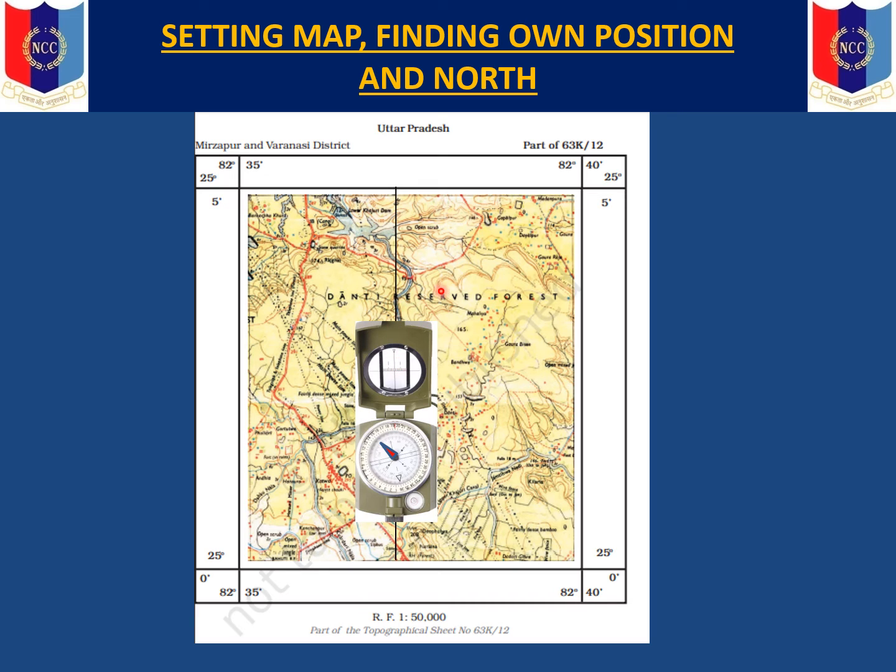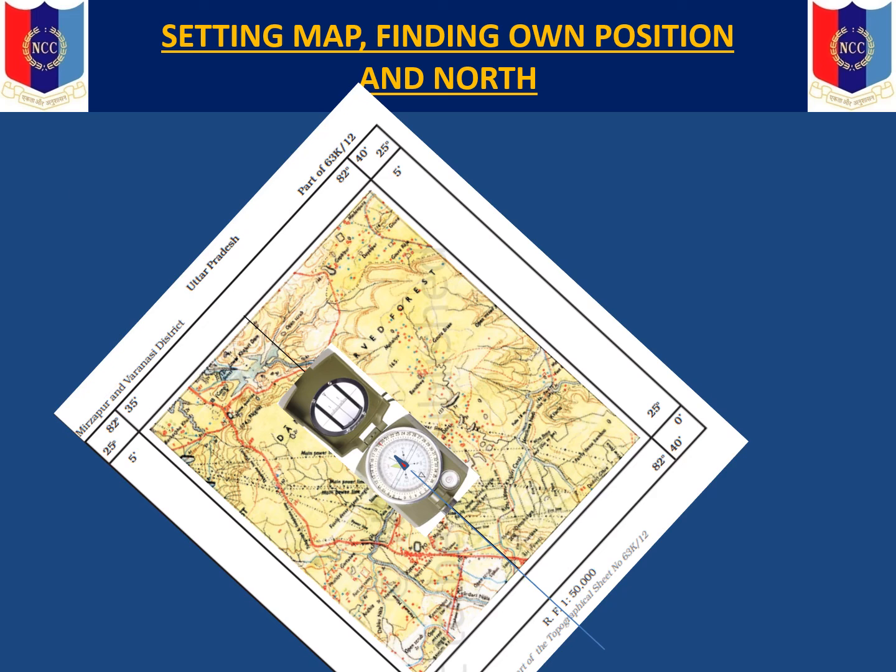How do you do that? You have to turn the map and the compass in such a way that this is aligned. For example, in this figure, you have to turn the map anti-clockwise so that this line, because the magnetic needle will always point towards the magnetic north of that place. So you have to turn the map anti-clockwise so that the grid line, the crosshair and the magnetic needle all fall on the same line.